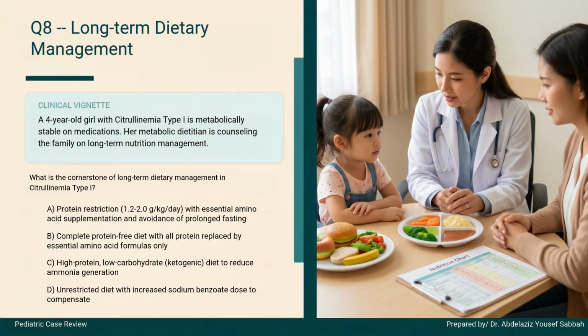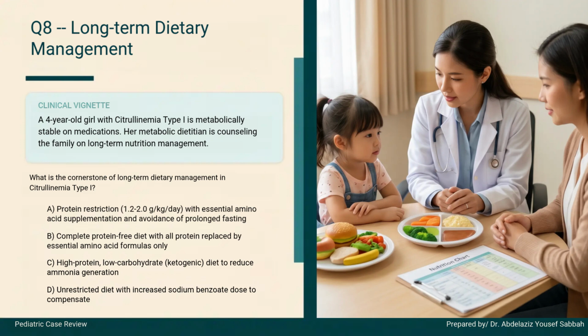Case 8. A 4-year-old girl with citrullinemia type 1 is metabolically stable on her medications. Her metabolic dietitian is counseling the family on long-term nutrition management. What is the cornerstone of long-term dietary management in citrullinemia type 1? Option A, protein restriction, around 1.2 to 2 grams per kilogram per day, with essential amino acid supplementation and avoidance